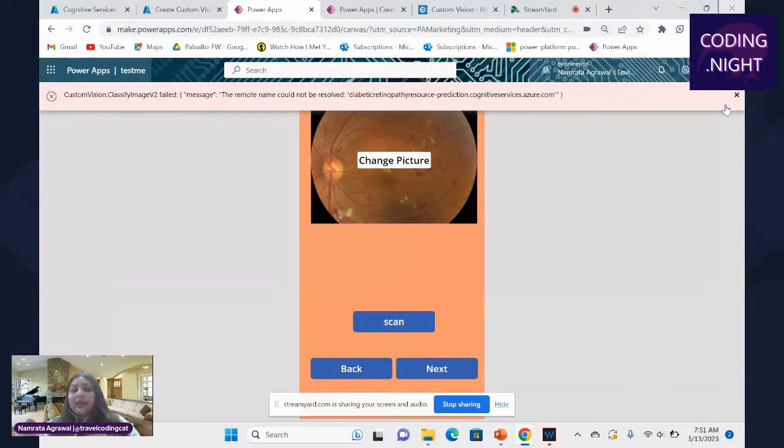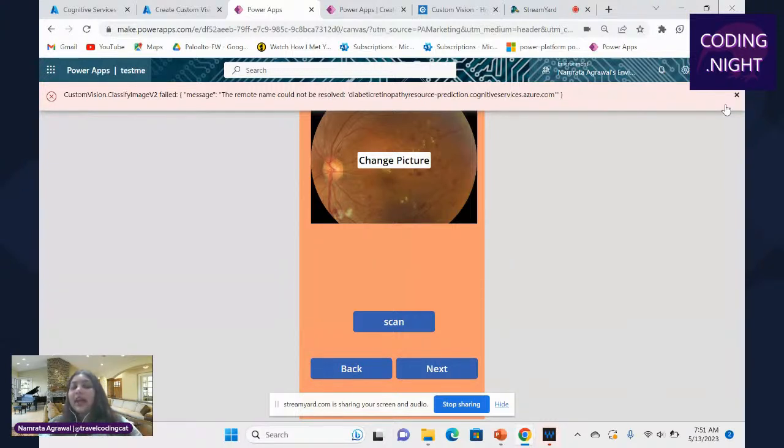So this is an error. For example, if you are linking your Custom Vision service to the Power App, there might be a possibility that it's not linked correctly, or it's not given a proper API key, or the endpoint is not correct. There could be a lot of things that could come in your way to connect the Custom Vision service to the Power Apps.